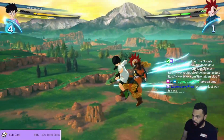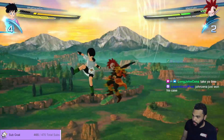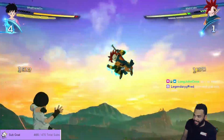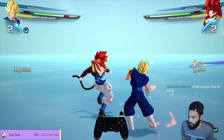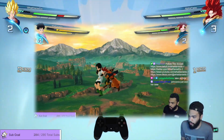So as you can see from the clips, I'm able to get 1, 2, 3, 4, and even 7 super counters at a time, right? But it's all about understanding how to do them correctly. Now, yes, you can press up and square to do said super counter, but knowing when to press it is just as important, right? So the way you do it is as the opponent is attacking you and the attack